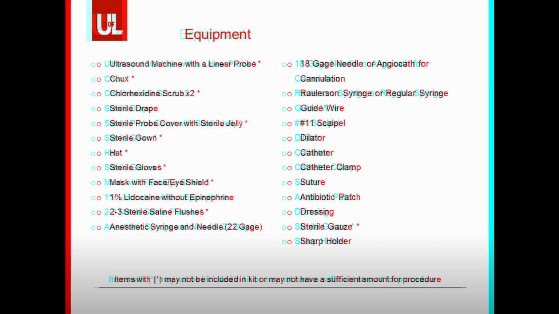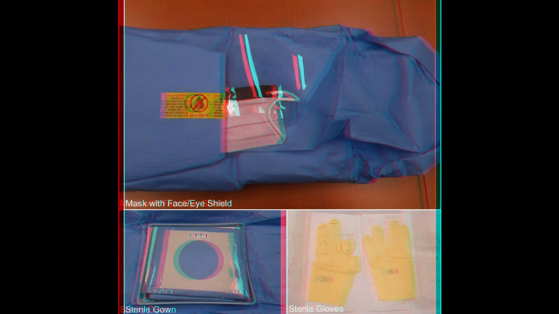Having the right equipment and enough equipment at bedside is essential to your success in placing a central venous catheter. A list of equipment that will be required includes an ultrasound machine with a linear probe, chucks, or other absorbent, non-permeable pad to place under the patient, a pair of chlorhexidine scrubs, or other antibacterial pre-procedure washes, a sterile drape, a sterile probe cover with sterile ultrasound jelly, a sterile gown, hat, sterile gloves, a mask with face and eye